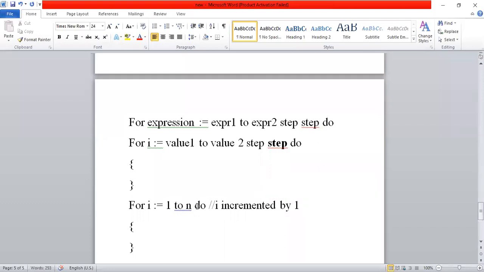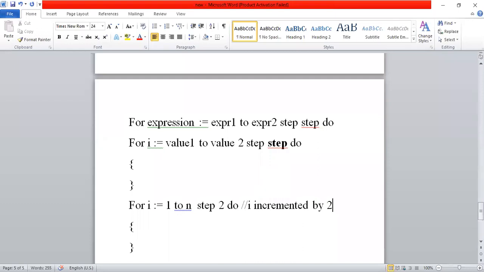Okay, suppose 1 to n step to do. Here, the highlighted step is there. I replace that highlighted step with 2. Here, simply I will be incremented by 2 units. So that is based on for loop requirement. Either we use step value as 1, step value as 2, step value as 3, and so on.